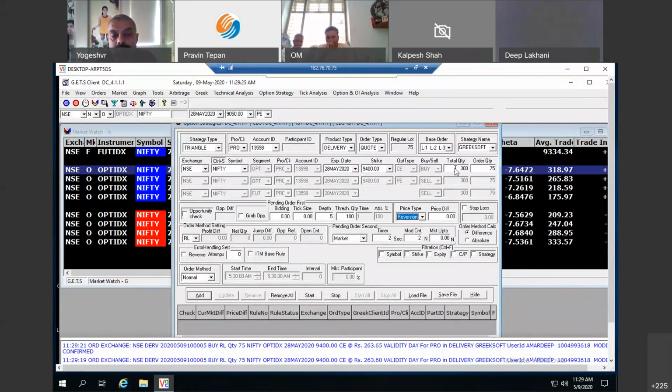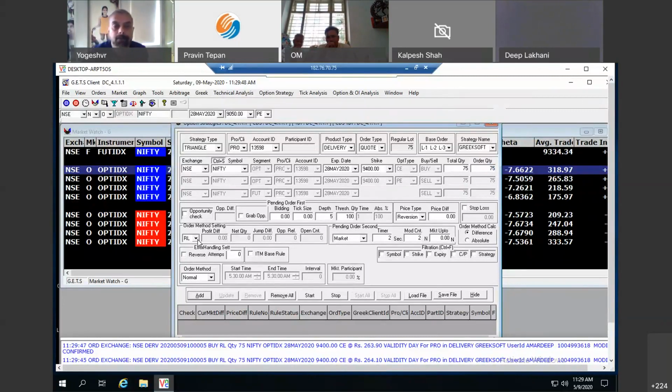If you can see on your screen, I'm trying to do a reversion for 9400 strike. So it will buy a call option of 9400, it will sell a put of 9400, and it will sell a future as well. So this is a 3-leg strategy. Rest of the settings are same.